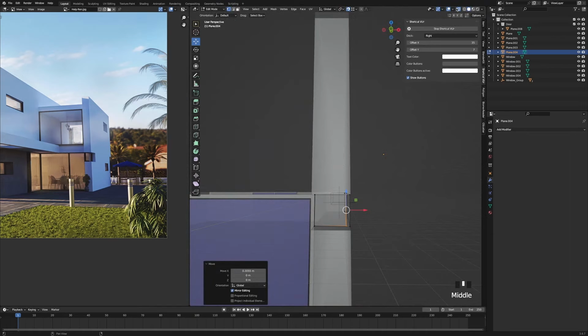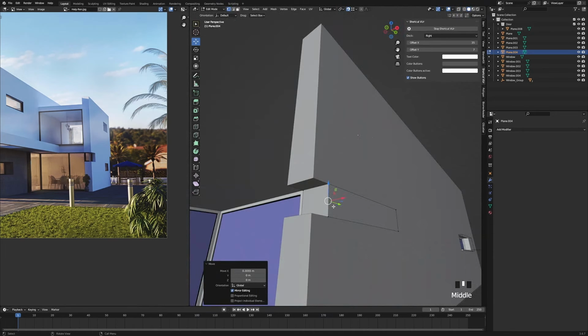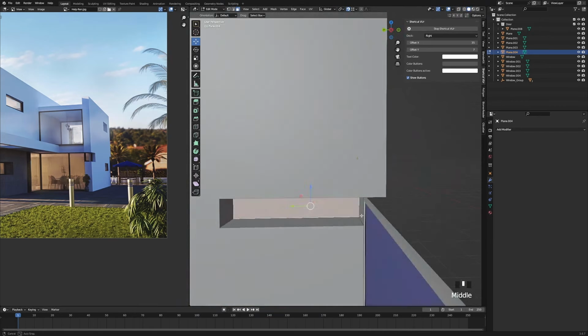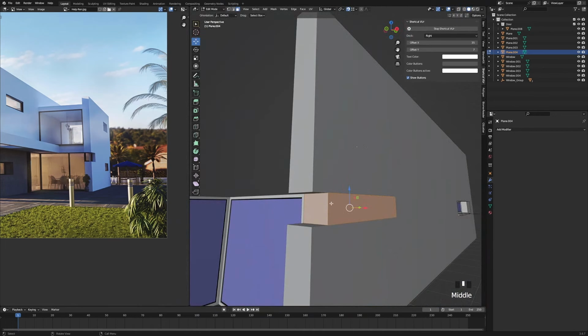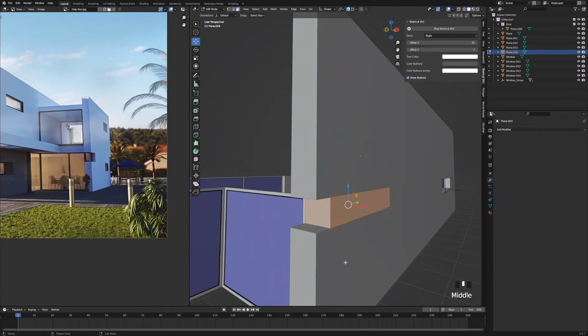And then we're going to go out of X-ray mode, select 3 for faces, and select these 2, and these 2 back here. And then we're going to inset them in so to give the window a frame. So I'm going to click I to inset them in. I'm going to change the thickness to 0.049.